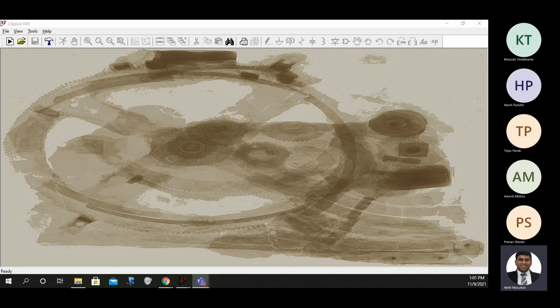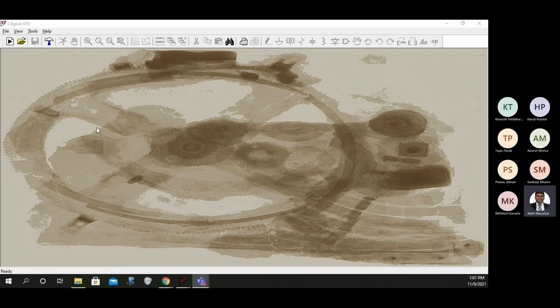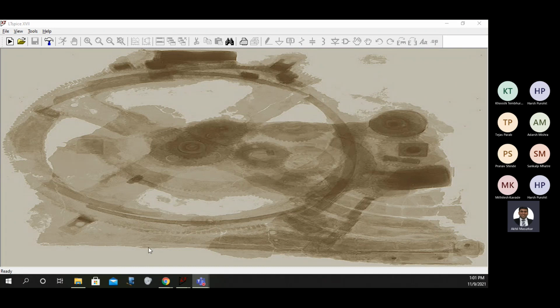Okay, so let's start with today's session. The main objective of today's session is to not just build schematics in Spice, but you should also be able to do some kind of coding in Spice. Now, why that is required, let me just highlight why there is a need for coding. So where you may have to use this.